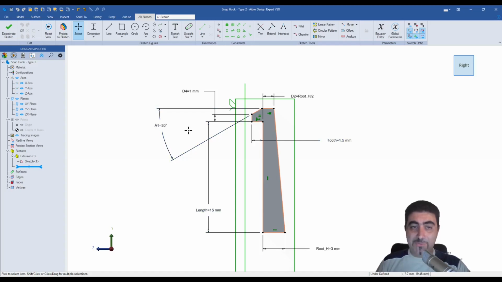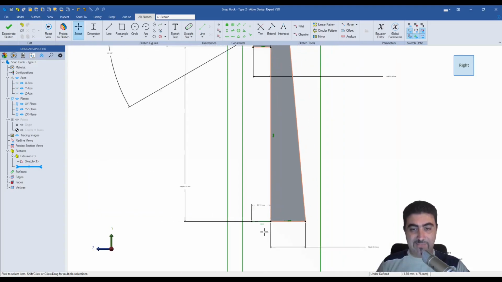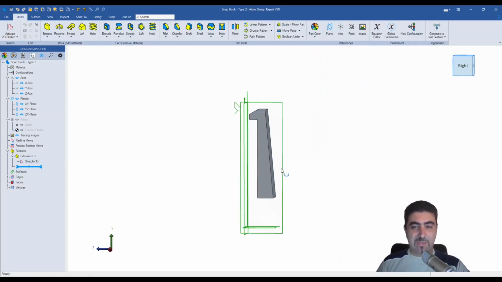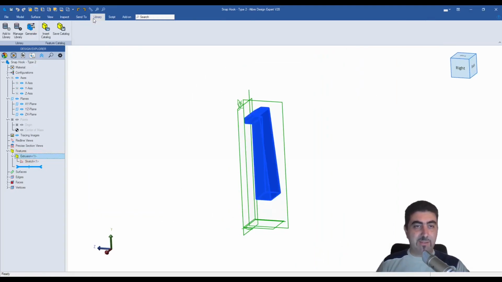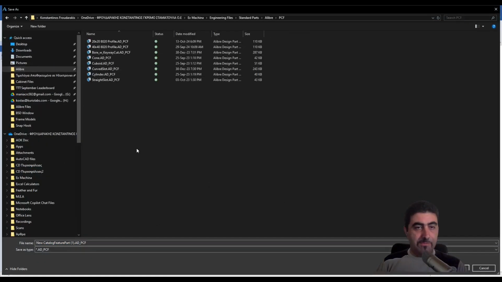But now I haven't used my Y max, so that'll get lost, and I don't want that. So what I'll do is I'll make a line here, a reference line, and I'll say this is Y max in length. Okay, so there's my reference line there. So let's click OK. I'll make the entire extrusion into a catalog feature, and I'll go into my catalog features